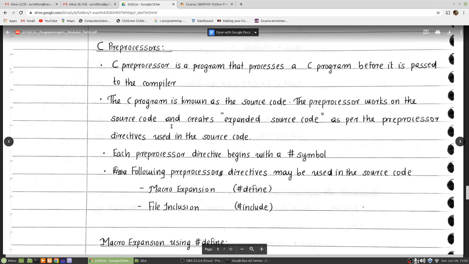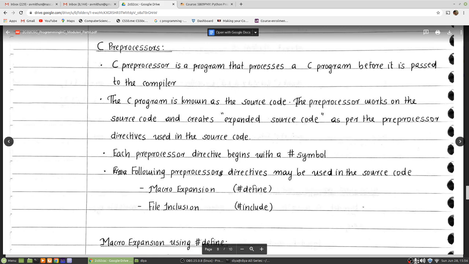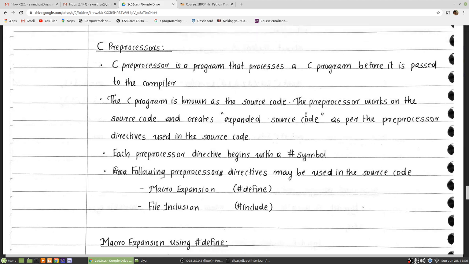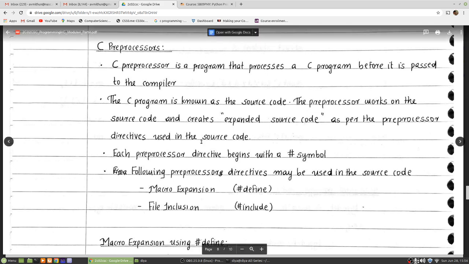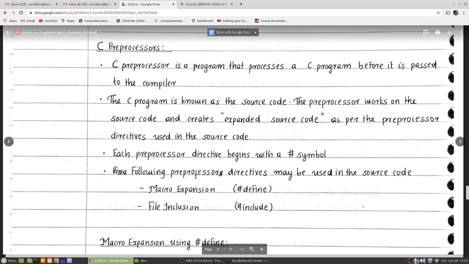When you write a program, our program is known as source code. The preprocessor works on the source code and creates an expanded source code as per the preprocessor directives used in the source code. We are using some preprocessor directives here, and two of them are explained in this course. The first one is hash define, and the second one is hash include.